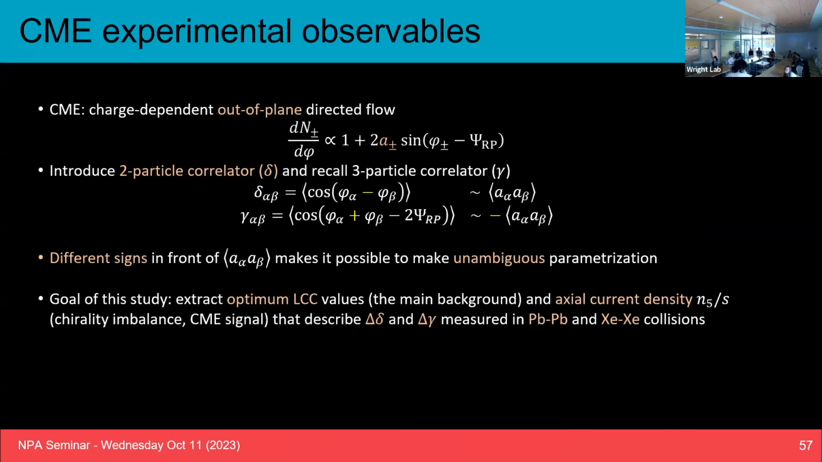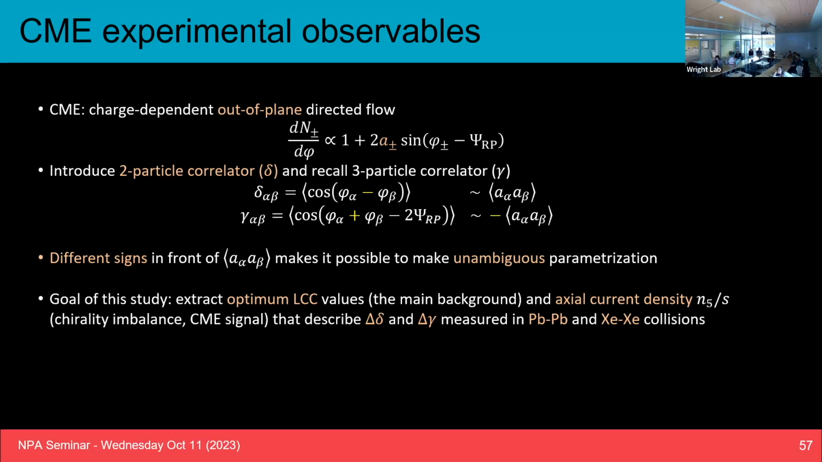For this part, I actually have to come back to the experimental observables before I talk about the gamma correlator. I also have to introduce another one, the delta correlator. For the CME, you look at the charge dependence of the out-of-plane correlation. If we expand the azimuthal distribution of the particle yield,